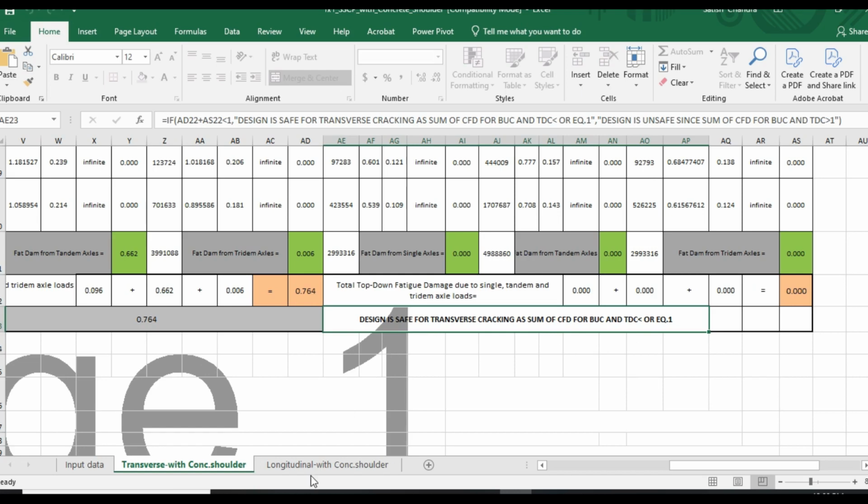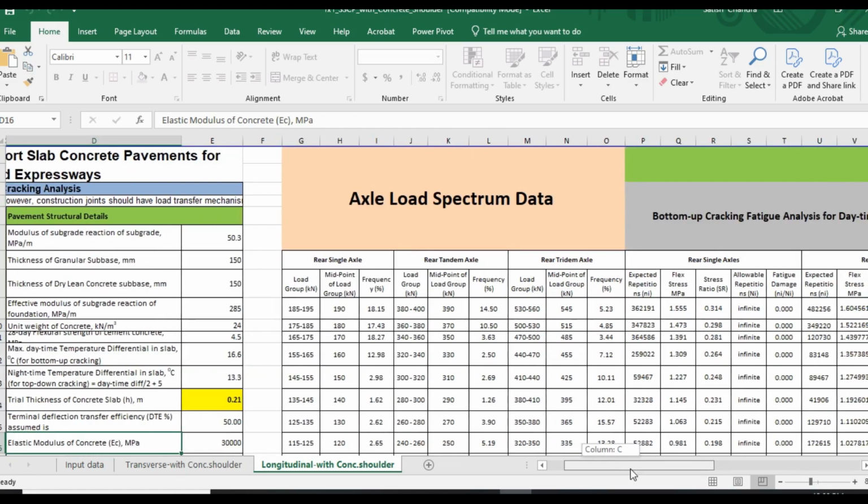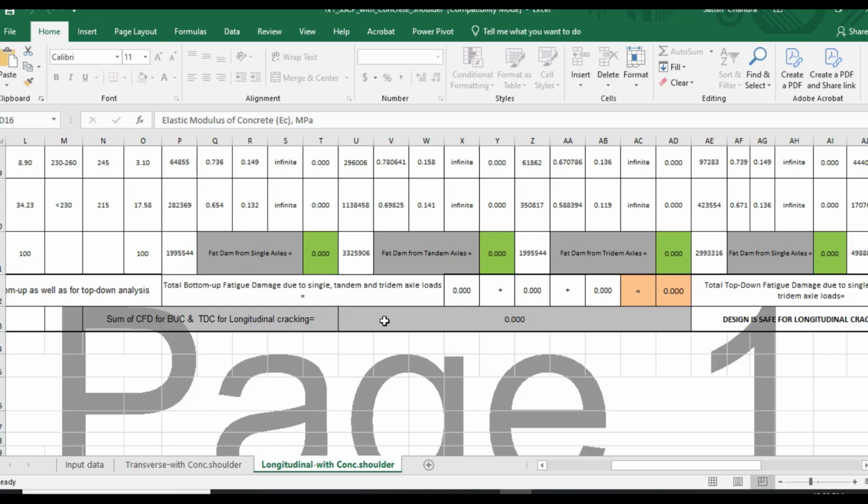If you consider longitudinal cracking, then again the input data is the same, the Excel load spectrum data is the same, and it gives you the CFD here. Now CFD here is 0, 0 for BUC and TDC. So the design is safe. Now you must be wondering, when it is 0, why not reduce the slab thickness? Let us try with